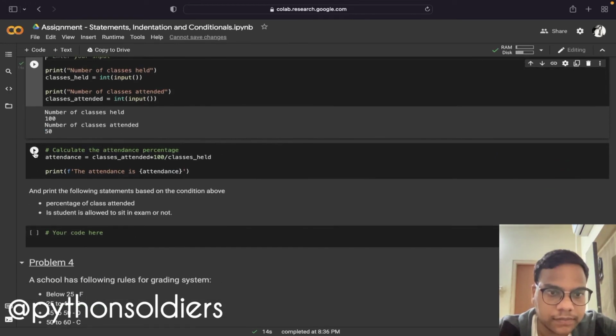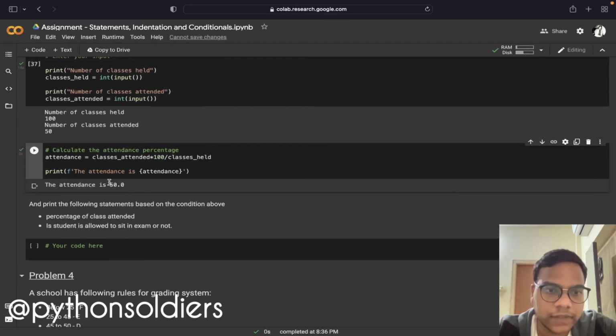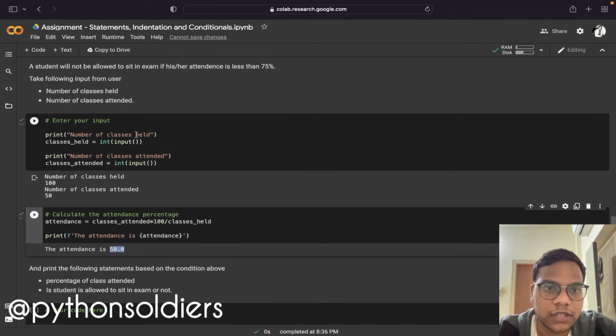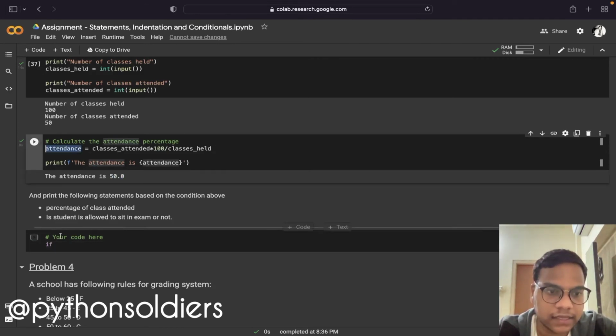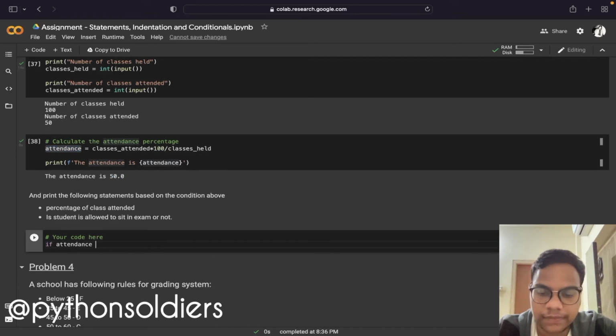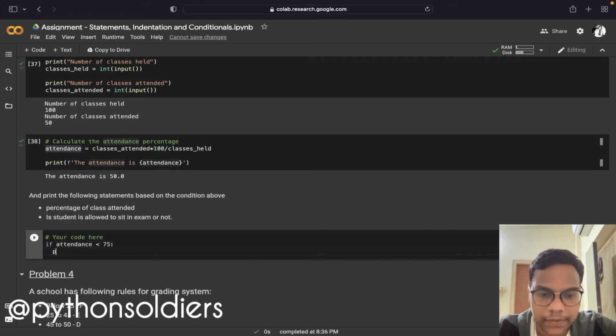Here we are getting the percentage, 50% he got. He is not allowed to sit in exam, right? Let's print that thing. If this thing attendance is less than 75, print you are not allowed to sit in exam,